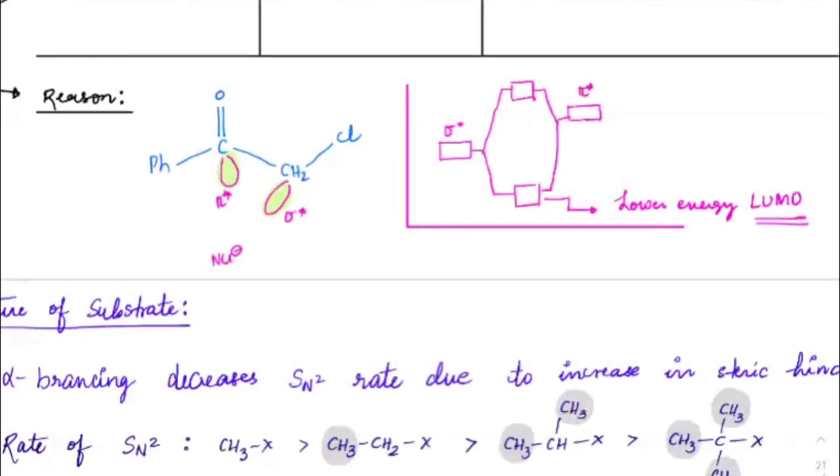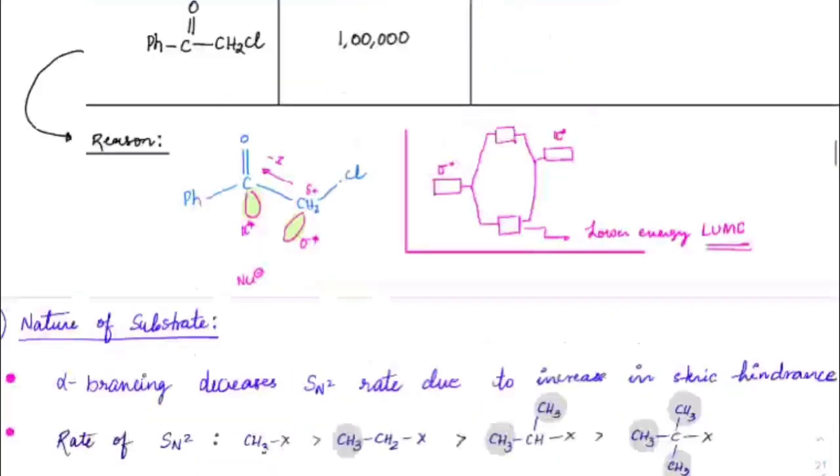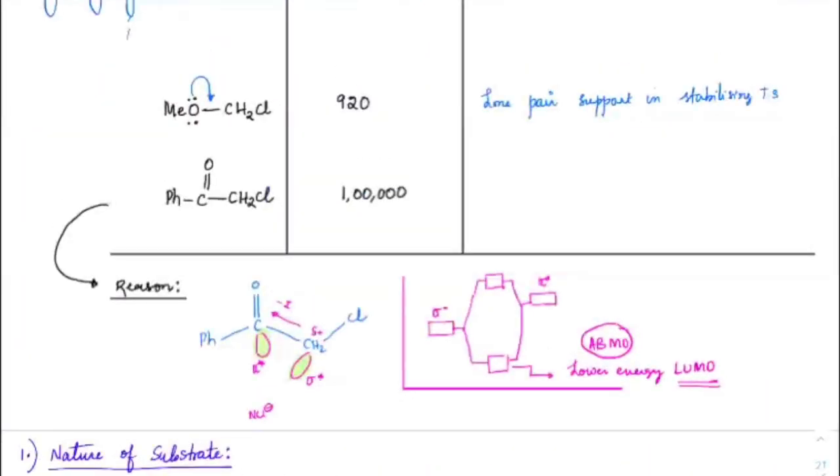Got it? Another way, just by electronic effect, if you look, C double bond O will give a strong minus effect. That will also increase the delta positive present on carbon. Because of which the nucleophile will attract that carbon at a much faster rate, so the rate will also increase. But that is not of primary importance. The main important part is the approach of nucleophile to the hybrid antibonding molecular orbital. So this lower antibonding molecular orbital, or what we call the LUMO, is the main reason for such a very high rate of this reaction.